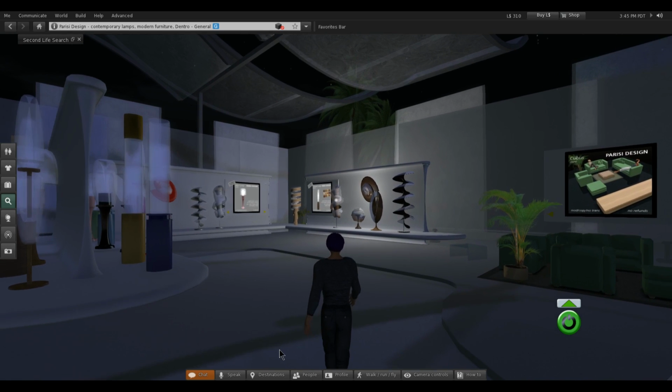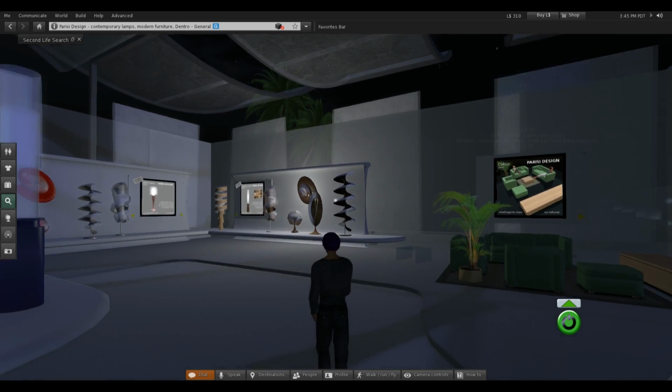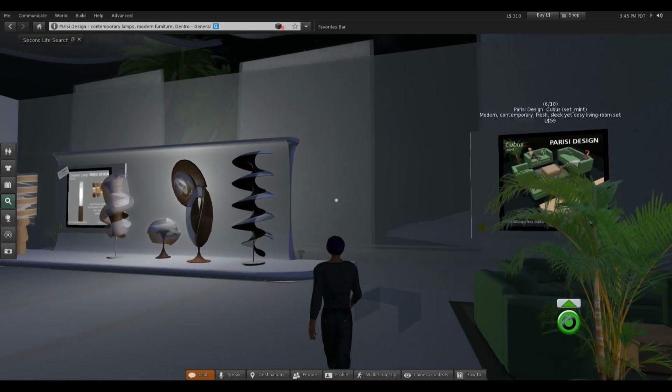Maybe some weird music, probably. I can't tell if that's music in the game or in there. Okay, so